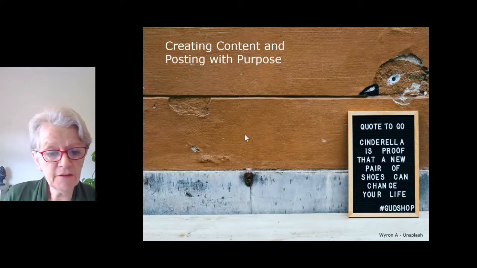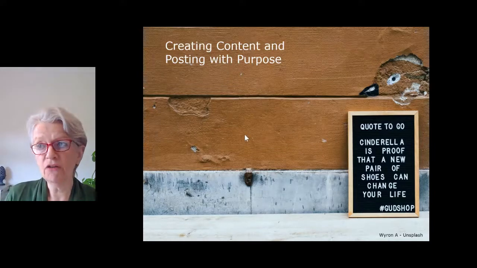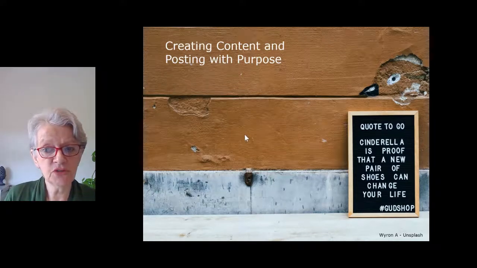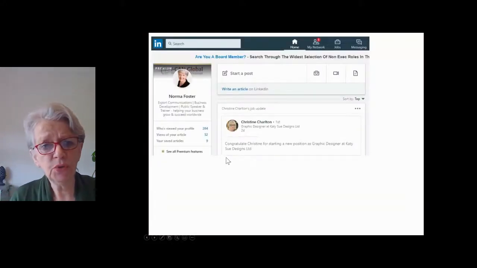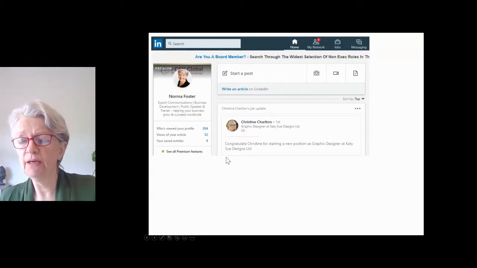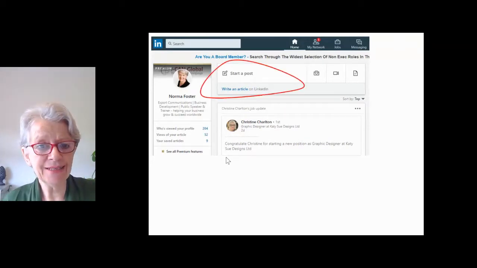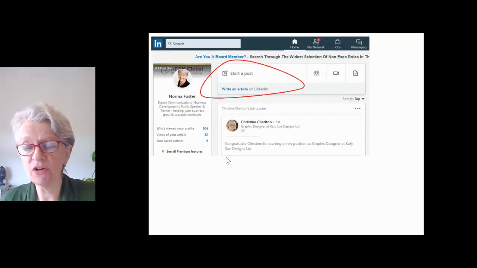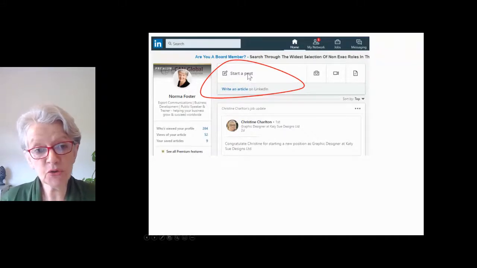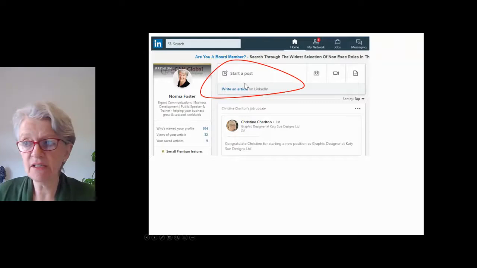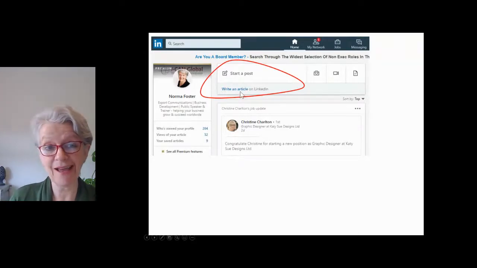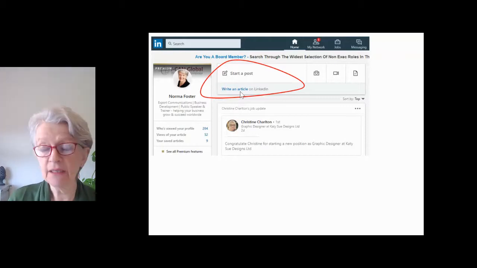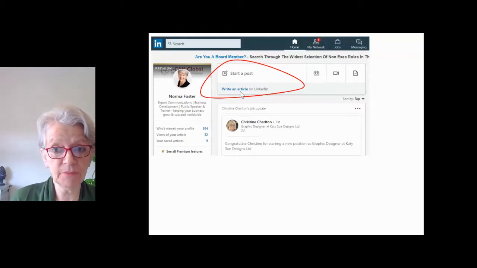So let's dive into this aspect of creating content and posting with purpose. You go to your homepage, and it is here that you will start a post. You've got the facility to start a post, which is up to 1,300 characters, 280 appear on Twitter, if your Twitter and LinkedIn are linked. And I would recommend that you do that, because it does